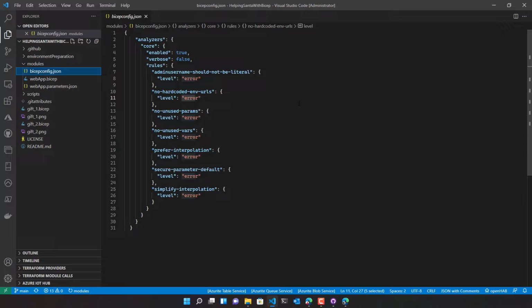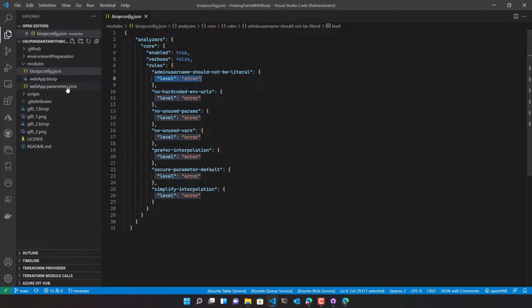Now, since we are working with the CI/CD workflow and we want to stop it if a validation check fails, we need to increase the level of the message produced by the linting rules. And here you have to change this level from warning to error to achieve this.